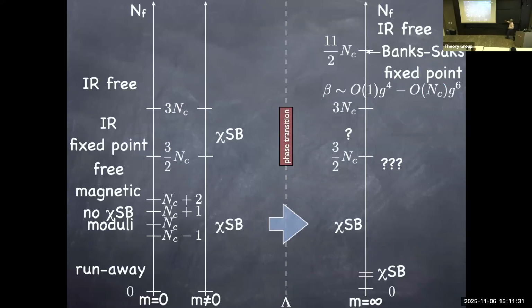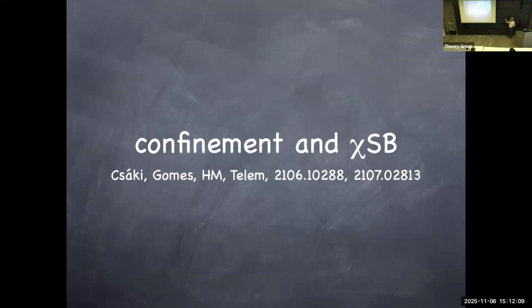So that's the picture. For a low number of flavors, as far as I can tell, there is no sign that the near-SUSY limit is not continuously connected to the non-SUSY limit. Everything seems to work out even better than we hoped for. For a larger number of flavors, there is a phase transition, but you can still identify chiral symmetry breaking as a local minimum, which seems to be continuously connected to the non-SUSY limit, and hence we believe that the non-SUSY limit would have chiral symmetry breaking all the way up to 3NC, beyond which it may lead to the infrared fixed point. So that's the picture we came up with.